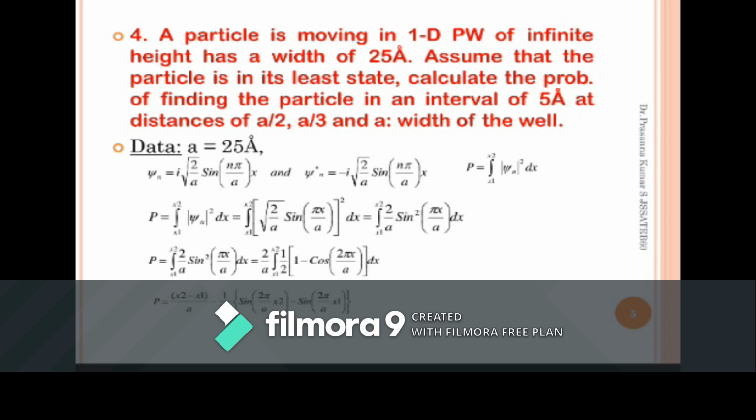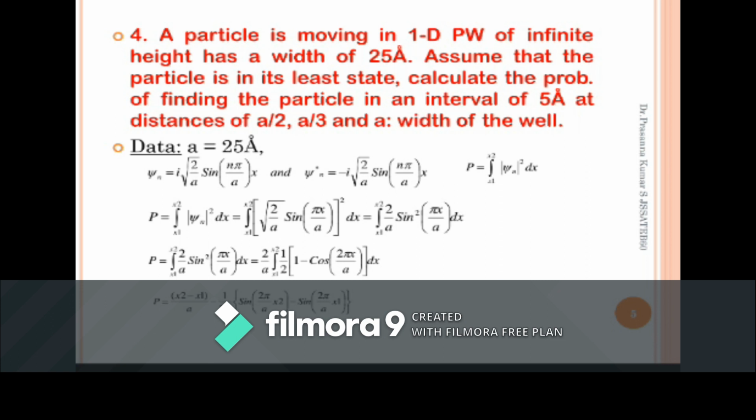Okay. So now the interval is given, an interval of 5 angstroms. So the limits are x1 is 10 and x2 is 15. So it's an integration from x1 to x2. So you need to calculate the probability between the interval x1 equal to 10, x2 equal to 15, of modulus psi square into dx. So you know that psi n into psi n star is the modulus of psi square. Psi n and its conjugate psi n star, their product is modulus of psi square. You look at there the psi n and psi n star. So if you take the product,